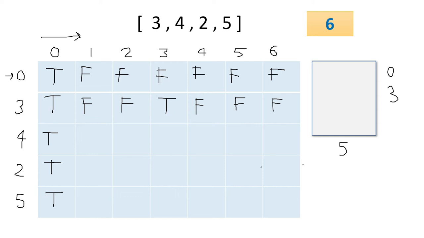Now if we go to this row, here what we will find is we got one new person to help us, that is 0, 3, 4. Using those things, I have to check if I can fill up 1 or not. We can't, because 4 is greater than 1 and the above cell is already false. So here it will be false. Then we have to check if we can fill up 2 or not. 2 is also not possible, as we can see from the picture. But programmatically, if we check, the upper cell is false and 4 is greater than 2, then there is no need to take it into consideration.